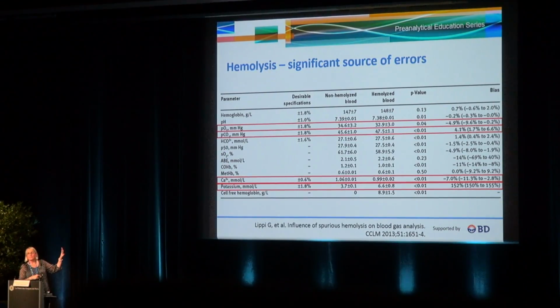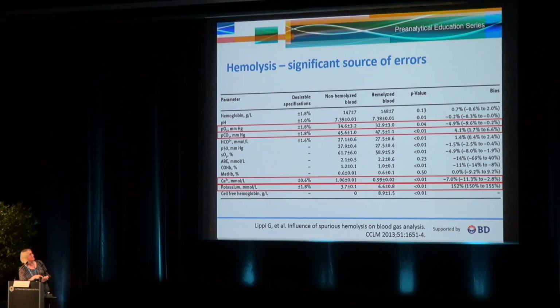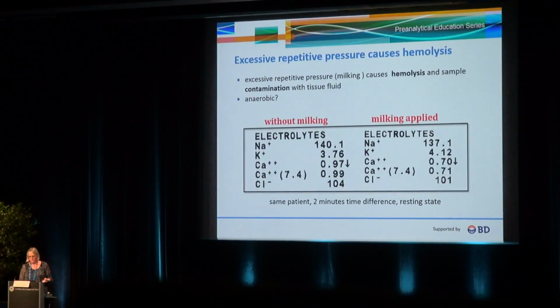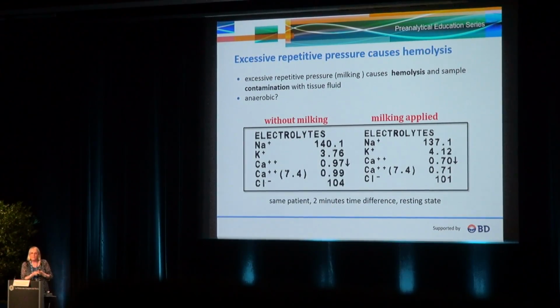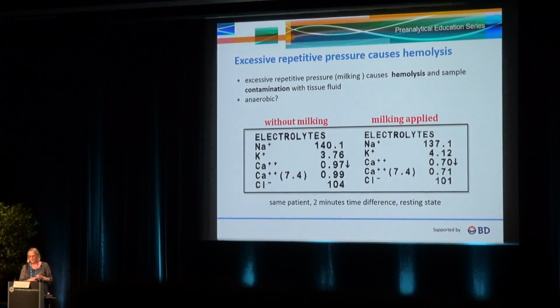So hemolysis is causing bias also for blood gas parameters, and we are always concerned about hemolysis and potassium and LDH. Yes, hemolysis does a lot of damage to potassium and LDH, but also hemolysis can affect blood gas parameters as well. As I said, excessive milking. So if you milk the finger instead of arterializing it, if the patient has a poor perfusion, you will most